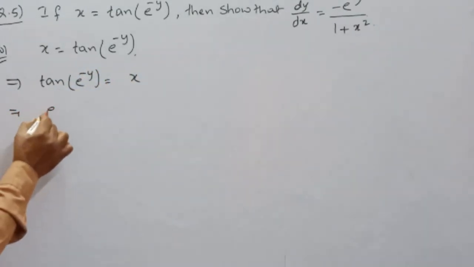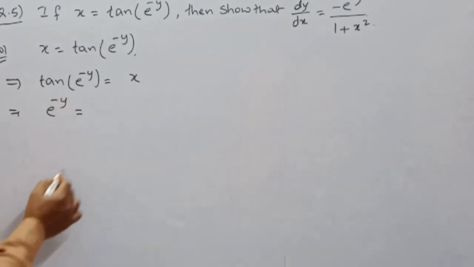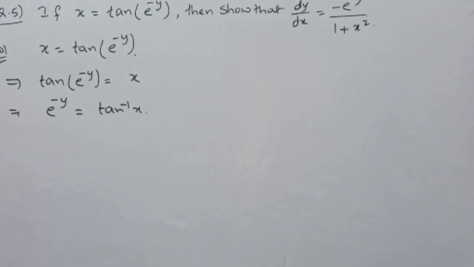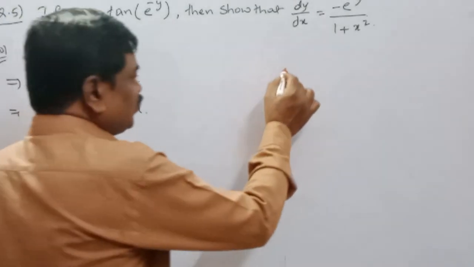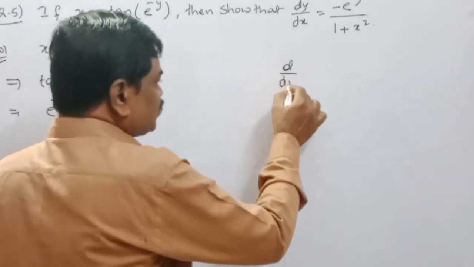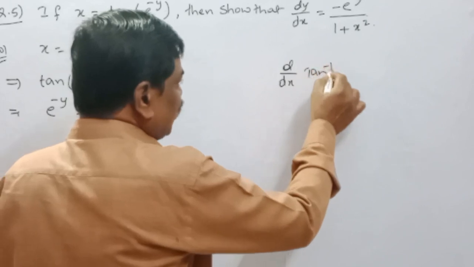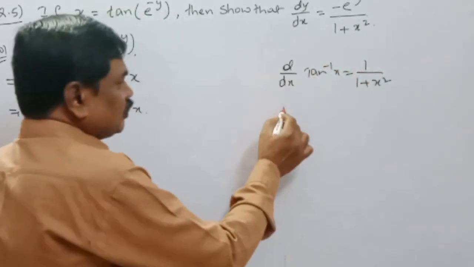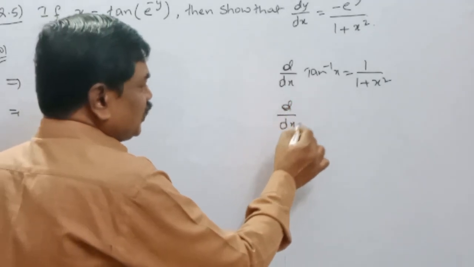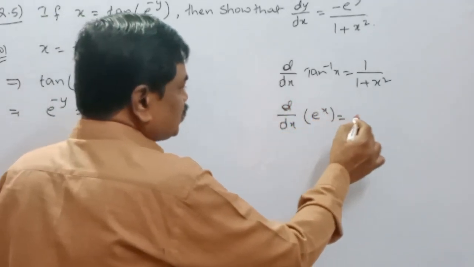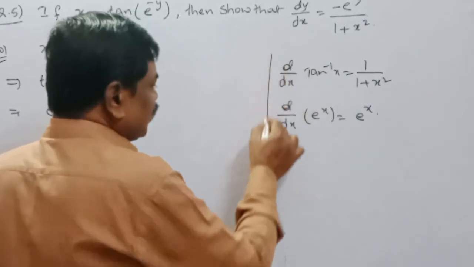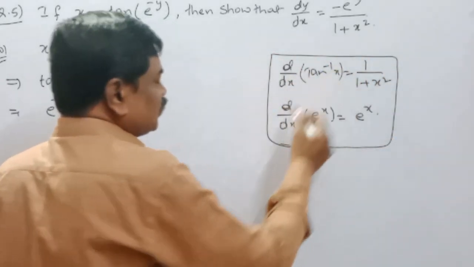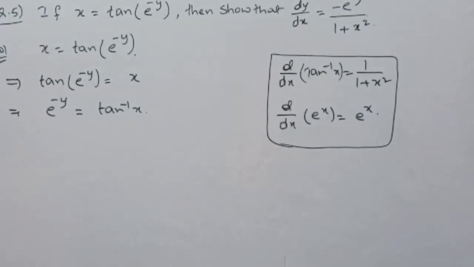So here e power minus y is equal to what? This is tan inverse of x. We know that the derivative d by dx of tan inverse x is equal to 1 by 1 plus x square. And d by dx of e power x is equal to e power x. You remember this one. These are the formulas we know. By using these formulas here,